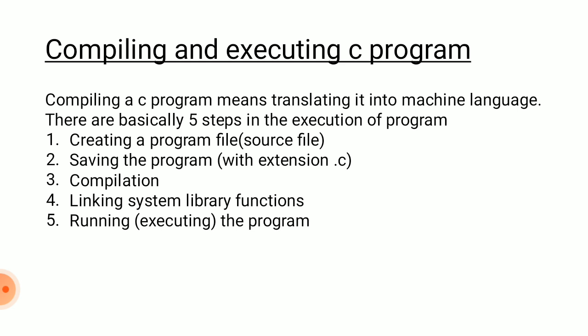After saving the file, next is compilation. So in this compilation process, what it does is translate the high level language. C programming is a high level programming language. Okay. But the computer does not understand high level language, right? So what do we need? We need a compiler to compile the high level language into machine level language. Okay. So compilation translates the C programming language, a high level language, into binary language.